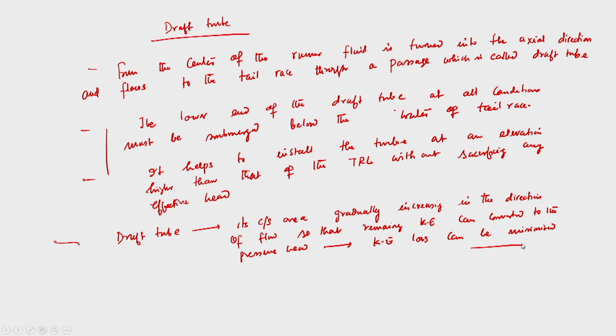So, this is all about the reaction turbine. We have discussed different parts and the operational principle of a reaction turbine, how it differs from the impulse turbine, and there are a few parts which are integral to this turbine, and we have discussed their function. The draft tube is the most important part. Because of the draft tube, we can install the turbine at an elevation level which is higher than the water level of the TRL. Not only that, the draft tube helps in recovering the remaining kinetic energy to pressure head, so that the efficiency can be increased. Not only that, the kinetic head loss can be minimized.